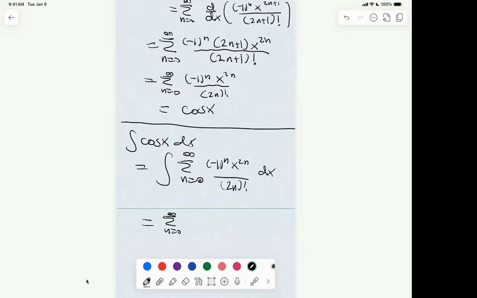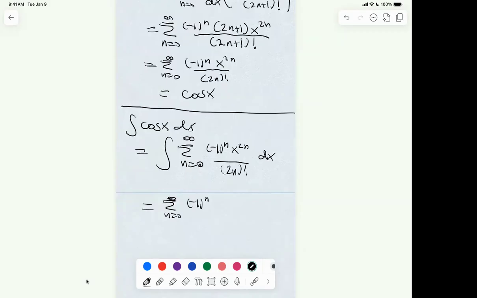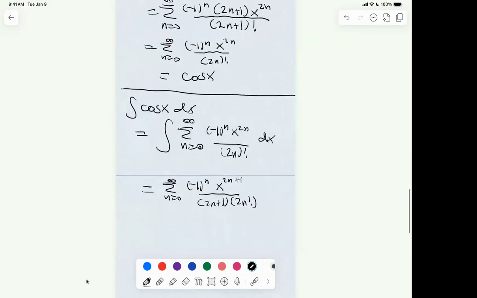So again, you integrate each term separately, right? Well, you could put the plus c, but in this case you can actually set it equal to 0, because you know that sine of 0 equals 0. And then this does become, you know,